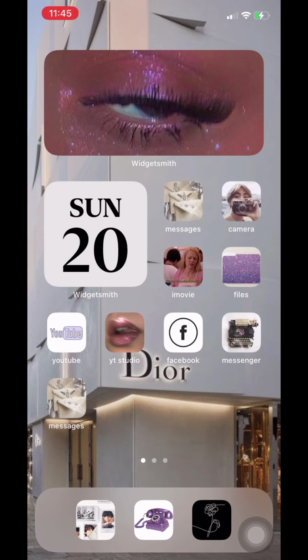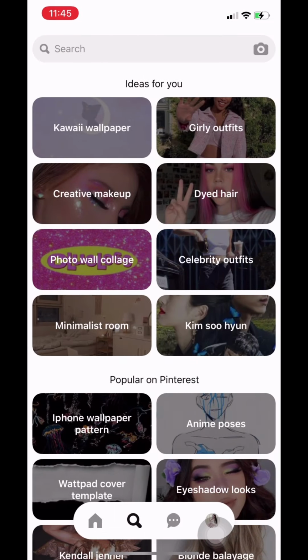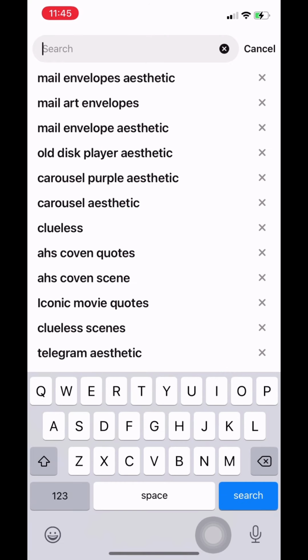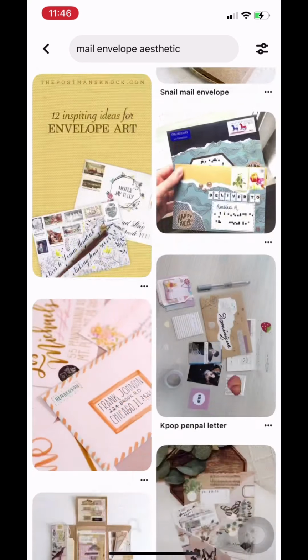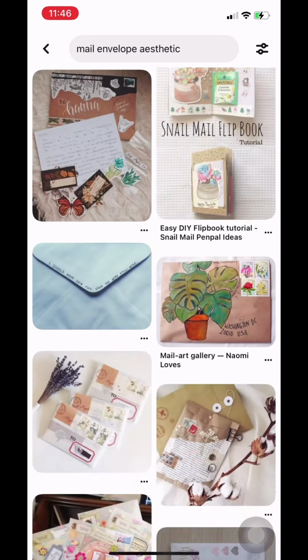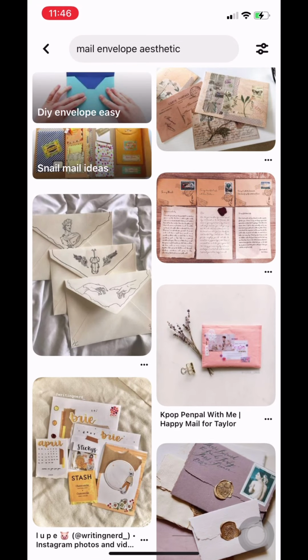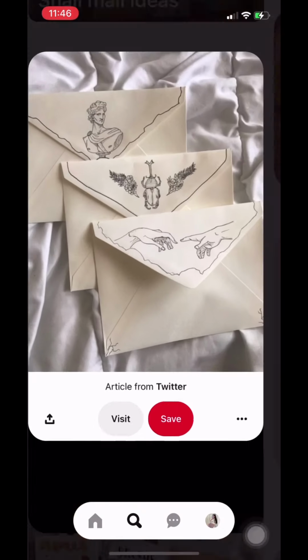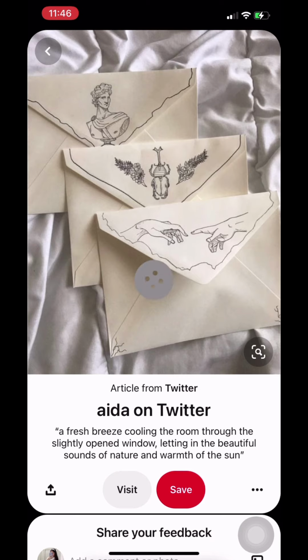Again, here's my home screen, and these are just the things that I love. All of them are from Pinterest. For example, the messages, I just search for mail envelopes aesthetic, and then I just browse and browse until I find something that I like. This is just super cute. It's super artsy, and I just download it,